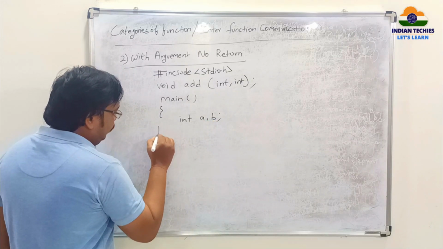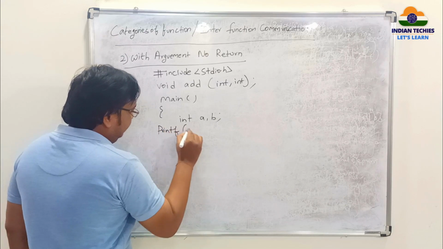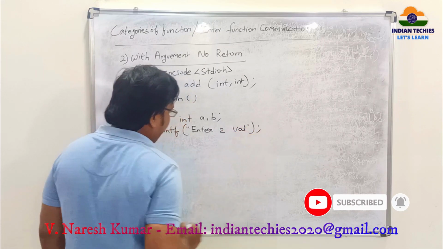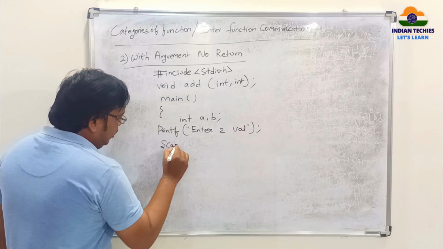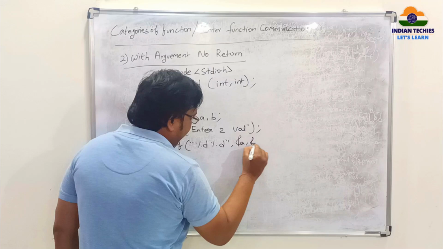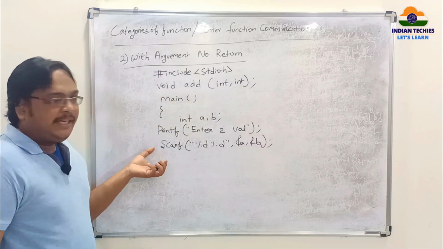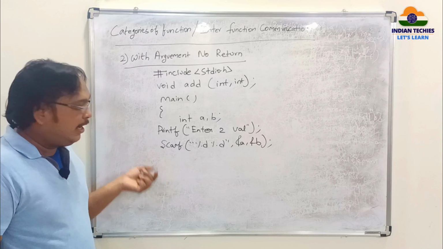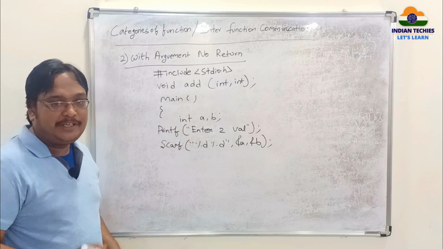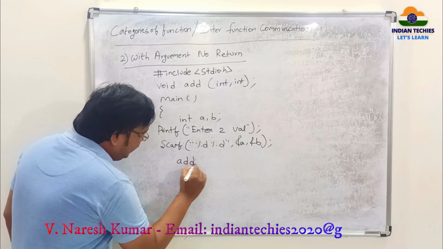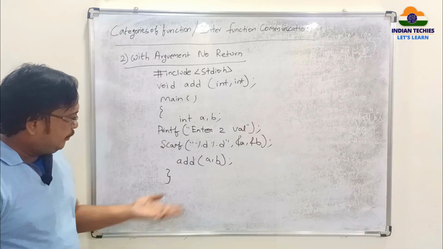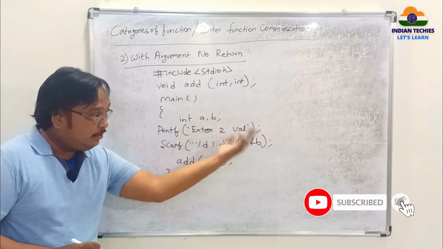Now take input for these two. That is printf, enter two values, whatever statement that you would like to write as text. Now scanf, since I want to take two integers, %d, ampersand a, ampersand b. I have taken input for two values. Fine. After taking input for two values, my duty is to send these two values to the function for execution. That is, execute the add function by sending a comma b, semicolon, close main. That's it. My duty is just to send A and B and execute, because I will not get any return.